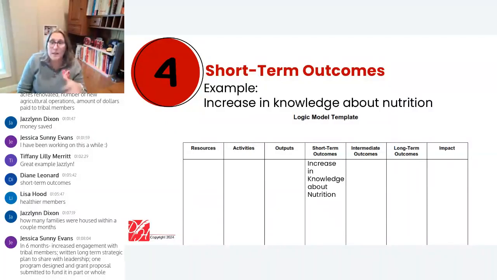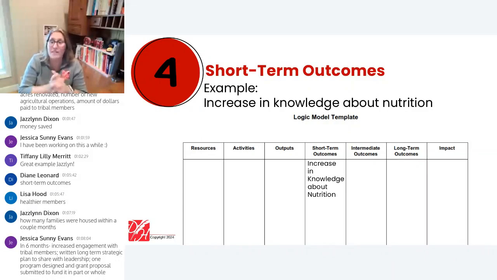Just thinking about some of the other ways you might build that out, because the number of families is definitely an output and could be continuously built upon in terms of short-term, intermediate, and long-term outcomes for what continues to happen to those families who have been housed. Like where you're headed, that's really great. Let's see, Jessica says in 6 months, thank you.